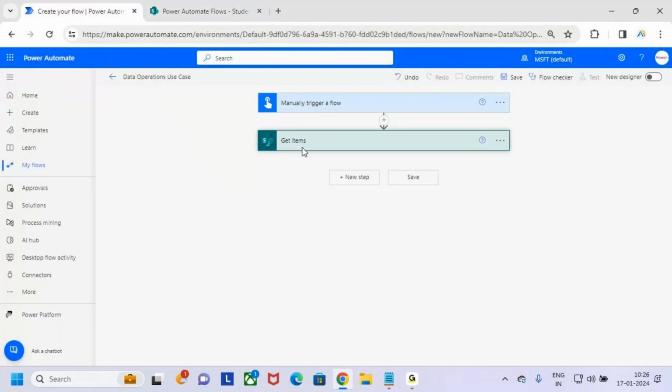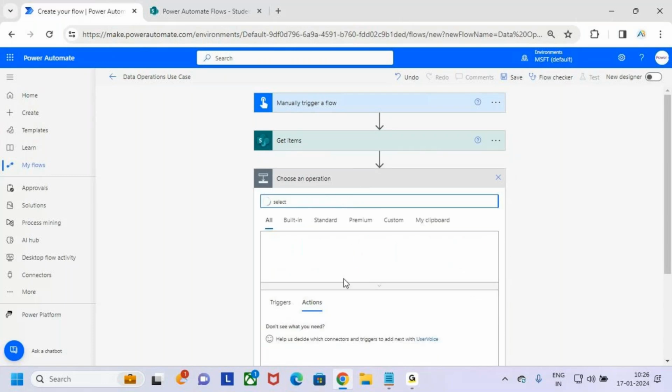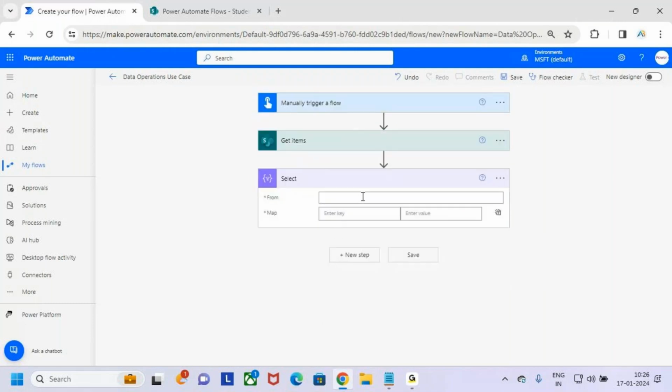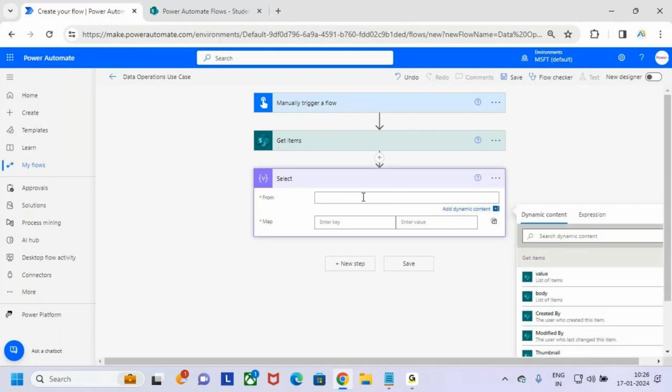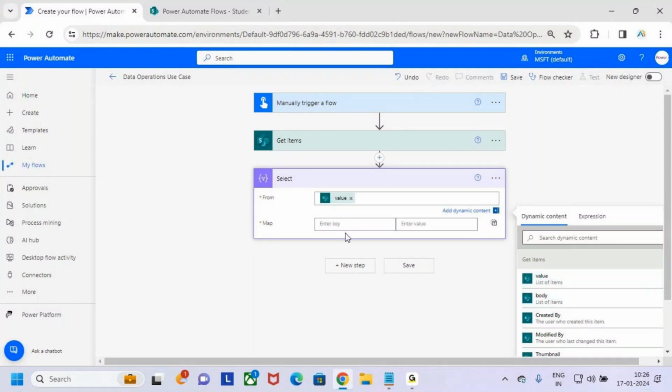So how to perform it? First I'm getting the items from the SharePoint list. Next, I'm going to use the select data operation. Go to the data operations and use the data operation called select. Here it is expecting us to pass the JSON format of an array. So let me select the values here, guys. From the get items, let me pass the values here. And then next here,